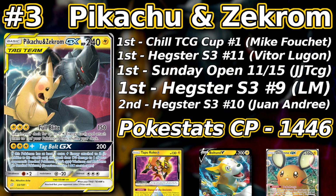Team Up's been around a while. This is the first set that released Tag Team Pokemon, and it's still out here. But just self-acceleration, one of the things that you want to find in Pokemon, if you're ever looking for a big deck in general, something that you think is going to be good, it usually breaks the rules of the game. This is a Pokemon that has 240 HP, which is absolutely disgusting for a basic,